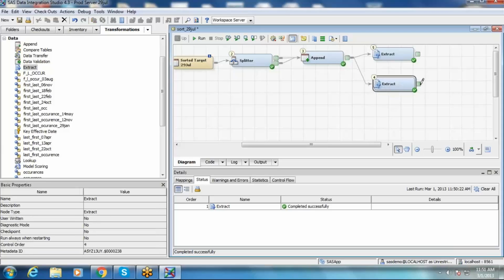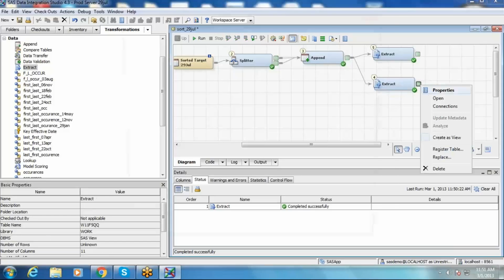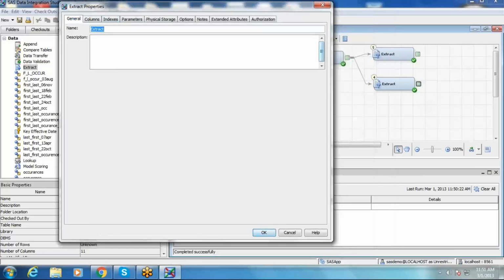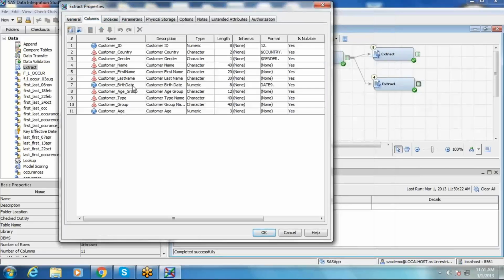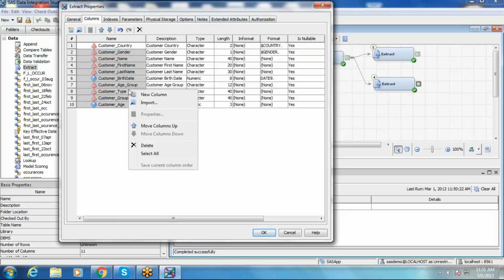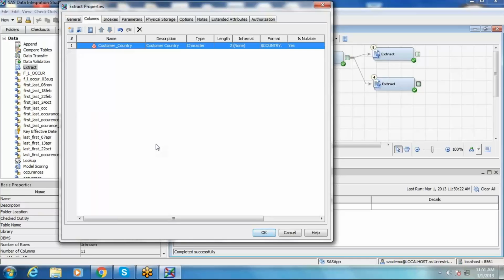Here, you go to the properties of work table. Just right click on work table, go to the properties. Go to the columns tab. By default, you see all the columns from source are routed to target. Click on columns, you can see all the columns. But I don't need all columns. So I am just selecting one column and you can use this delete option, or you can use delete key on your keyboard as well. So select all the columns that you don't need using shift and control keys. You can right click, you can delete.